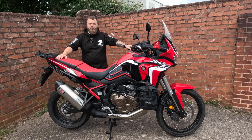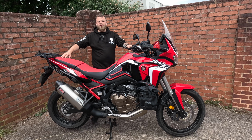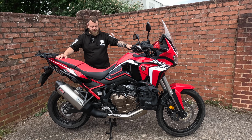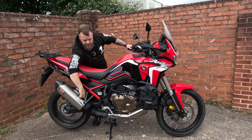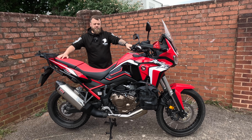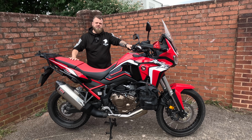I'm also going to do some upgrades as well. First thing I've got to do is of course the obligatory exhaust, so I'll be doing that very shortly, and there'll be a video on how to do it. It's not as straightforward as you would think, unfortunately, on this one. There is an exhaust servo on the exhaust here, so you need an electronic gizmo underneath, but we'll go into that in the other video. So I'll be doing some upgrades on this bike, get some rear panniers and stuff,